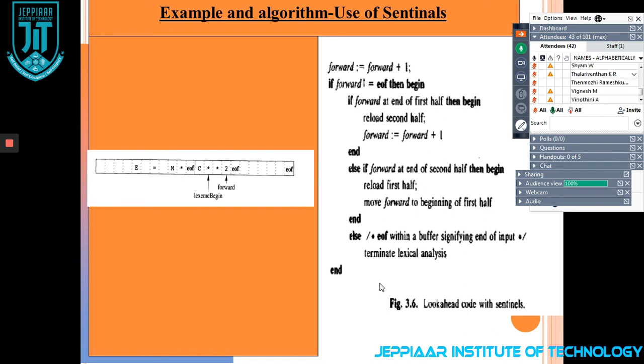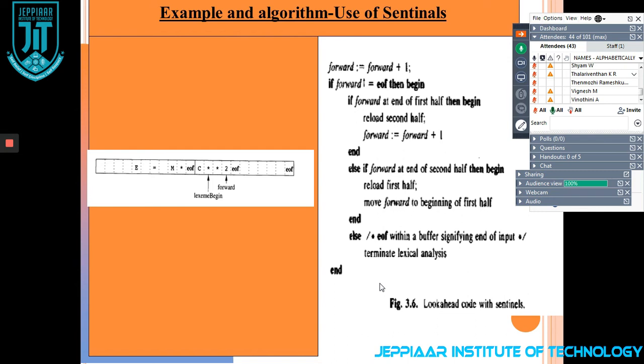Whenever this EOF occurs, you can easily reload the next buffer and move on to scanning the next buffer's characters. That is the use of sentinels. Keep in mind, this is not part of the source program. It is just to identify that you have reached the end of a buffer.